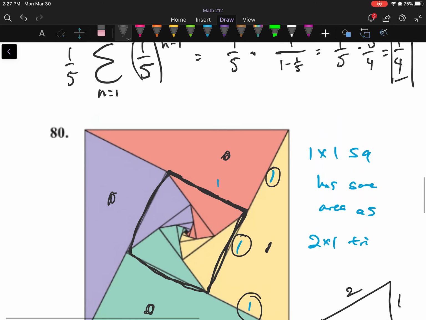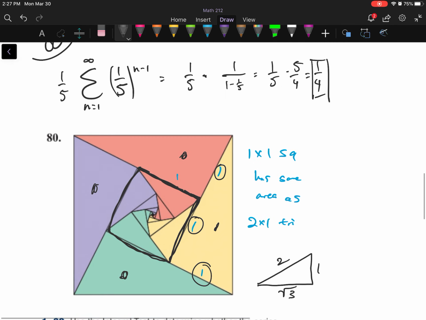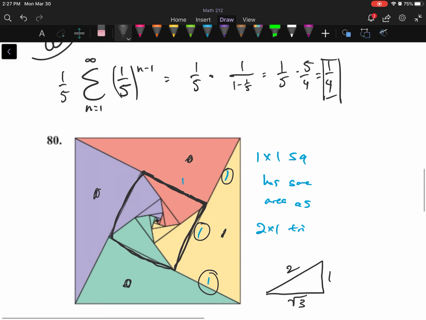And so the series that matches up with this is a geometric series where each time we're breaking up the area into 5 equal parts, where 4 of them look like the triangles and 1 looks like the square in the middle. We're breaking up the entire area into 5 equal parts, and so that's the common ratio that we have here in our infinite series, our geometric series, and then we work this out to figure out, oh, hey, in the end,